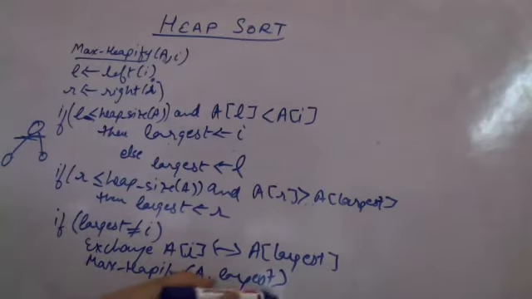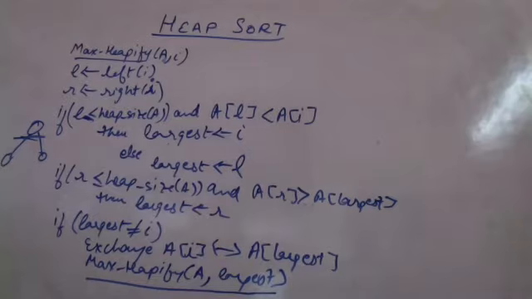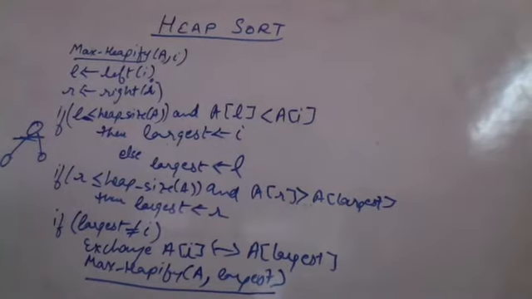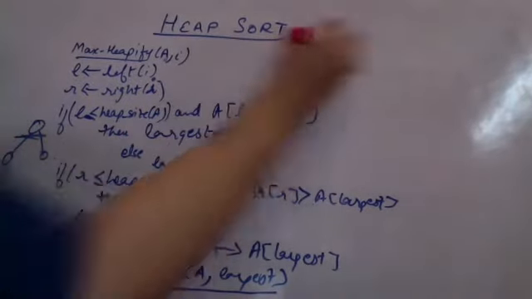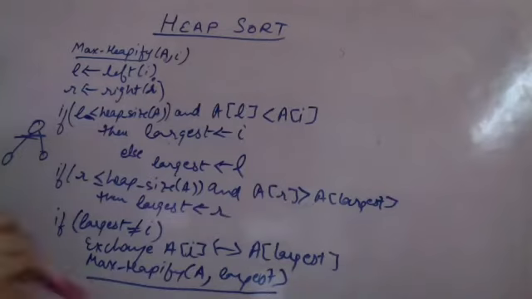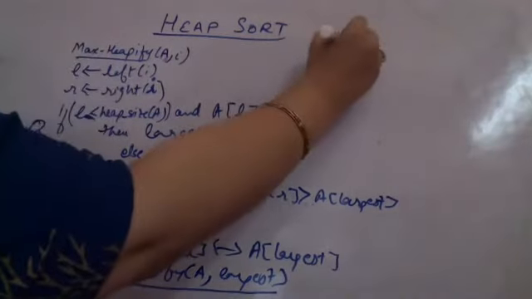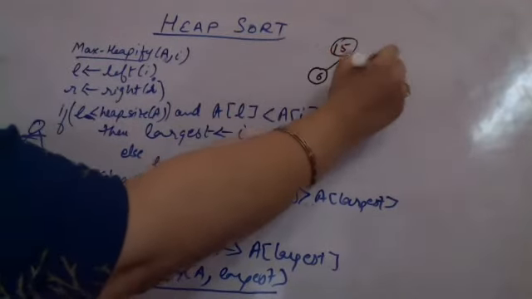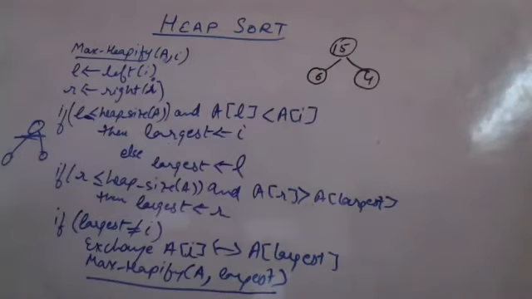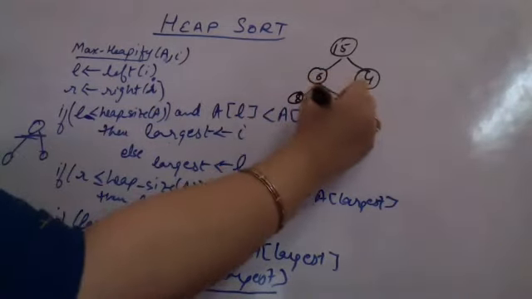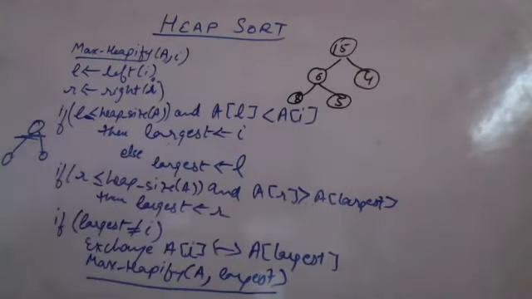So I recursively call this, the max heapify procedure. Let us take an example and try to do the procedure and see what we are doing. Supposedly there is a list I'm taking. I'm intentionally taking a list where the heap property is not getting satisfied, so that I will use the heapify procedure.